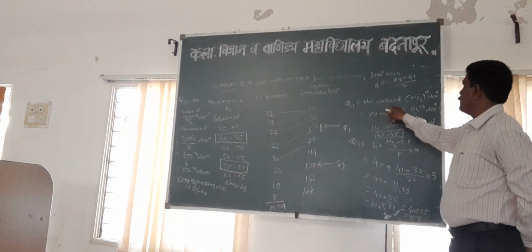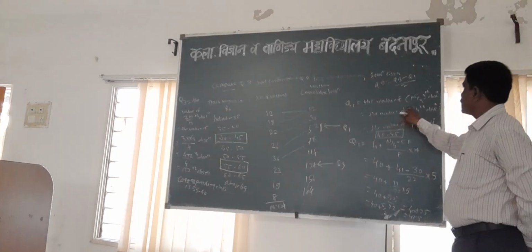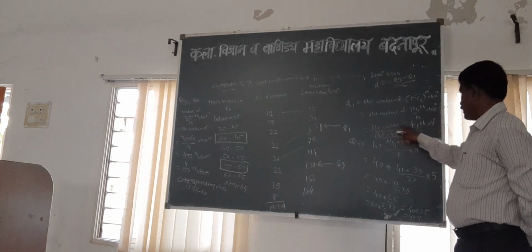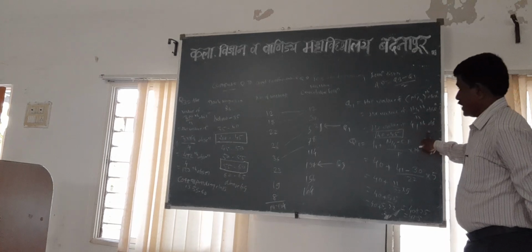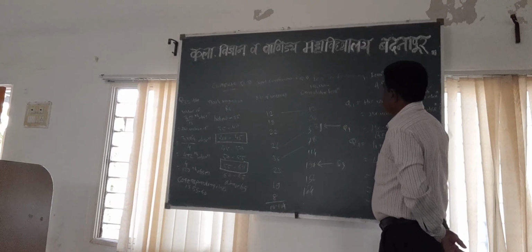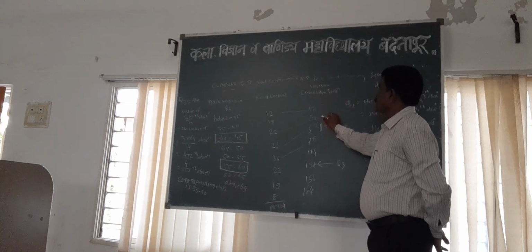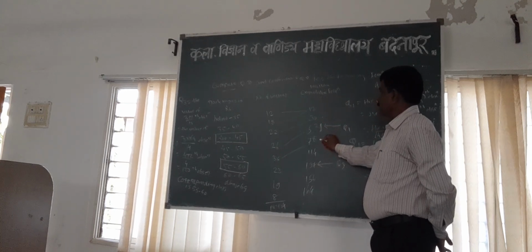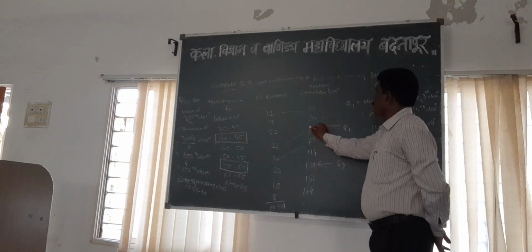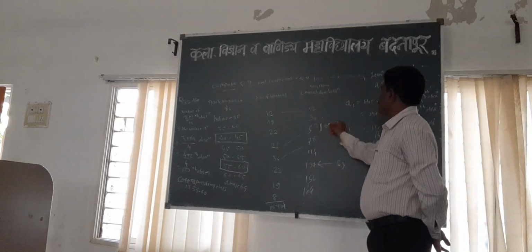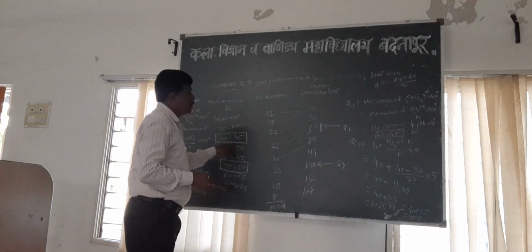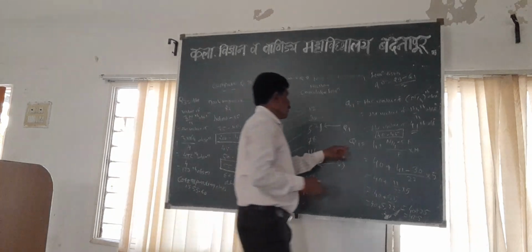We find the value of the first quartile, that is the value of the n by 4 observation. Here n is 164, so 164 divided by 4 is the 41st observation. Looking at the less than cumulative frequency, 30 is less and 78 is greater, so the 41st observation lies in the class with cumulative frequency 78, and we select this for quartile 1. The corresponding class is 40 to 45.